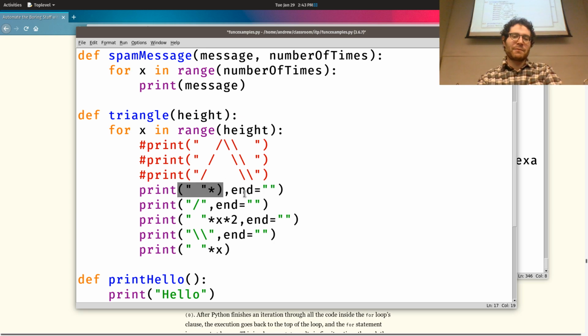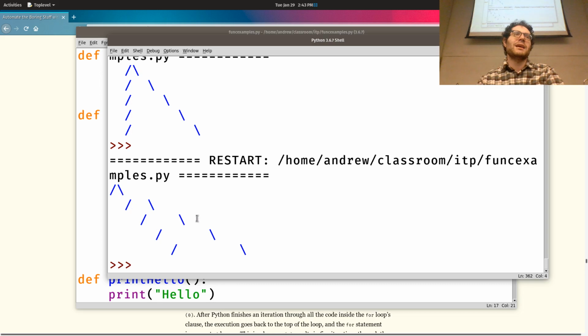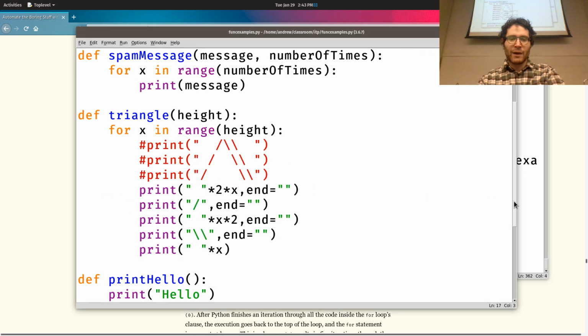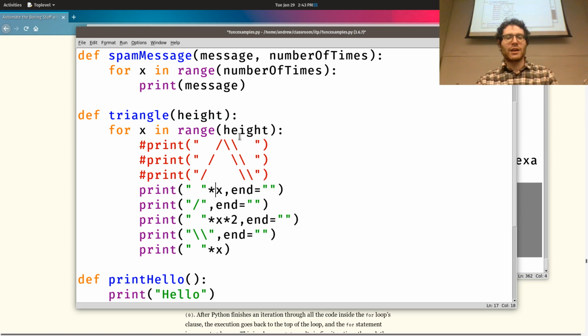So I need to multiply it by something because that's the number of times I want to do it, right? And I don't just want a constant number because that's going to get me back to where I started. And it's not going to be 2 times x because that just makes it really jagged. The number of spaces are increasing here; I'd like it to decrease. So what I can use over here is another variable. Height is the number of lines I'd like. So if the height is 3, I'd like 3 lines, and I want 2 spaces here, 1 space here, and